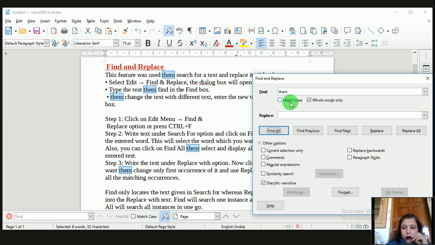Basically, what is case? Case is something that we can say like, this word is in uppercase or lowercase, in capital letters or lower letters. So supposing I find this, okay, when I just click, here you can see this occurs 2 times. But if I just click this Match Case, now it finds nothing. Why? Because now it's matching the case, and in this case T is in capital letter, in this case also T is in capital letter, and here I am matching it with all lowercase letters.